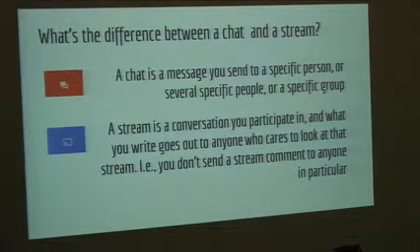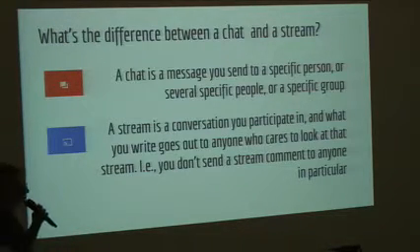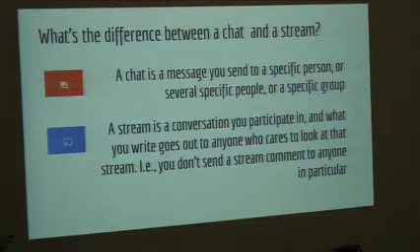Chat is a message you send to a specific person or several specific people or a specific group of people. You say hello or something like that, and it's like a text. A stream is a conversation you participate in.